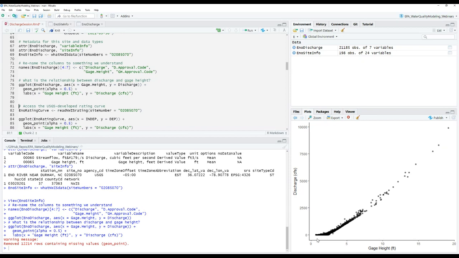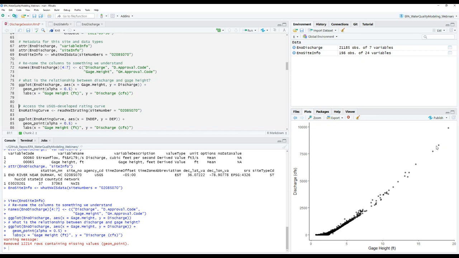So in this case, we can see that as discharge increases, our gauge height increases as well. So we have this nice positive relationship. Notice that for the Eno River, this is not a linear relationship. And if you think about the way that stream beds and stream banks are shaped, we wouldn't always anticipate that this relationship would be consistent across streams. So that's why in each case where we have a USGS gauge, there's this individual rating curve that's developed to relate gauge height with discharge.